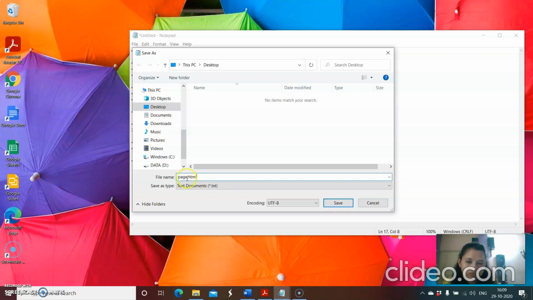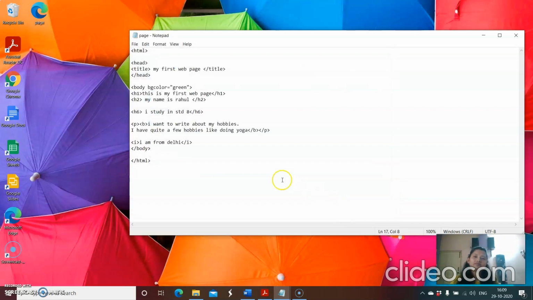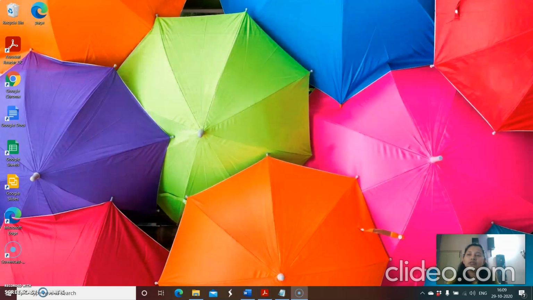Always you need to save as HTML or HTM, and click on save, and you can see here it is showing. Yeah, it has been saved here. I'll go and click on that, and you can see what